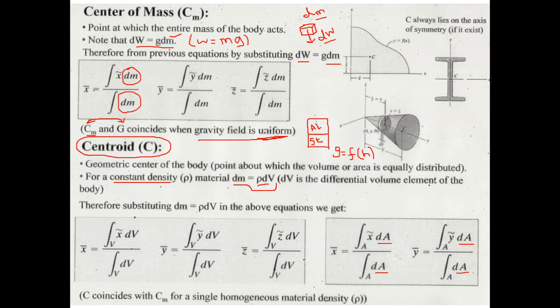So we generated the expressions for center of gravity, and then we converted it into center of mass expressions by using this definition dW equals g dm. And then we converted the expressions of center of mass to centroid by using the expression mass is equal to density times volume. And simply, if you are dealing with an area, a two-dimensional entity, you just replace this dV with dA. Everything will remain the same. So one thing to note, that C coincides with Cm for a single homogeneous material density only. Means